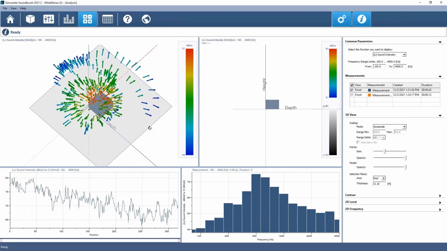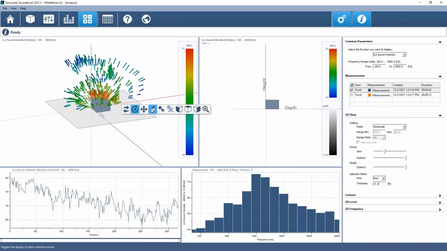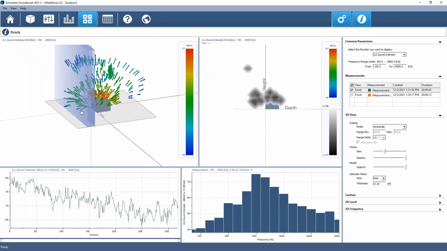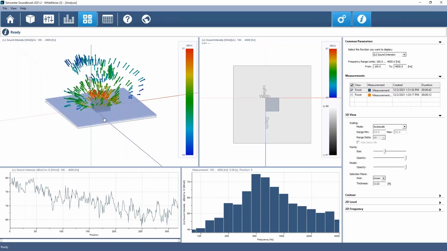And then I can also add things like a cutting plane. And so you see this cutting plane show up here. This allows me to sort of slice through this 3D sound intensity field with a 2D plane. And you can see I can change the thickness of that plane. And I can also change which axis it's looking around, or sort of which direction. And so if I put it in the Z here,